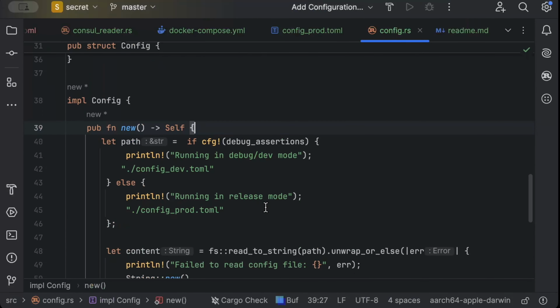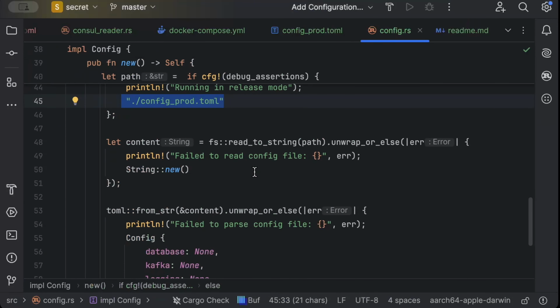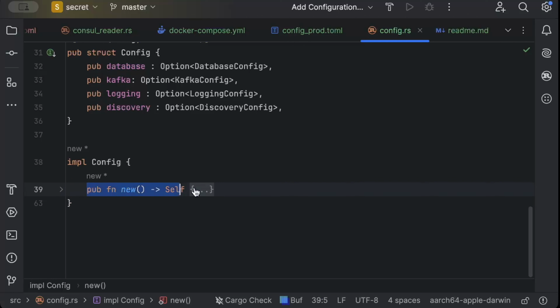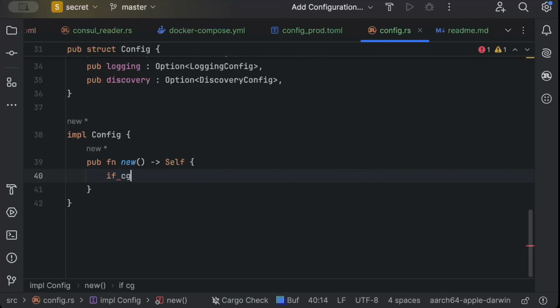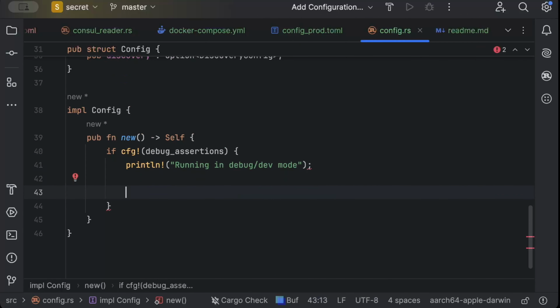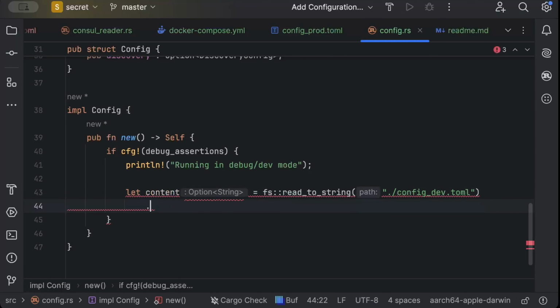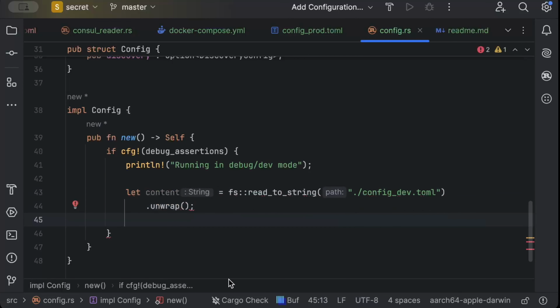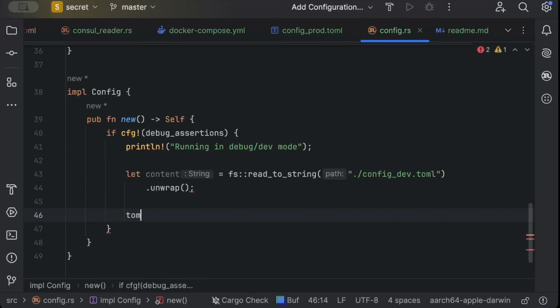Now here in our code, let's make some changes so that instead of reading from our config prod toml, we'll read from the console. So let's rewrite it, it's better. Self, and we'll just do if cfg debug assertions, print running in debug/dev mode, and we can just directly read the content. So fs read to string, config dev.toml and unwrap, and then we can just do toml from str and content,